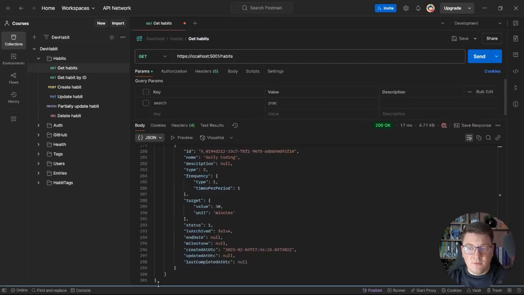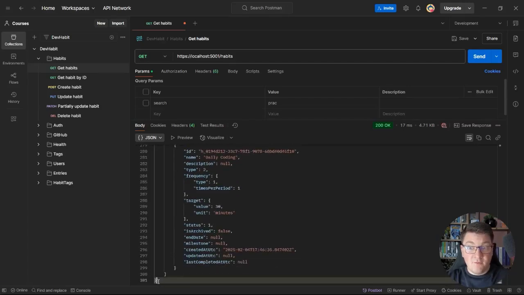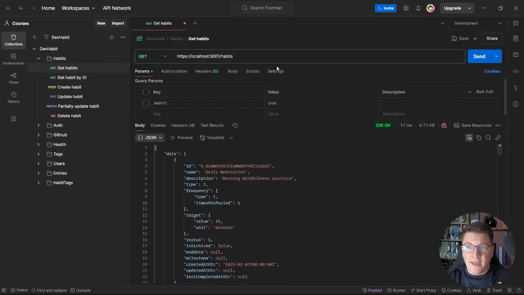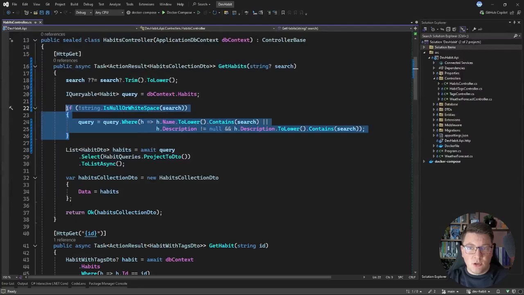I'm not sure how many of them are there in total, but without any filtering, we get a JSON object that is 300 lines of code, and with the search term present, we only get 2 habits back in the response. So implementing the searching logic like this helps us reduce the number of records that we are returning from our API. Implementing your search logic like this in the code makes it easier to figure out where the particular